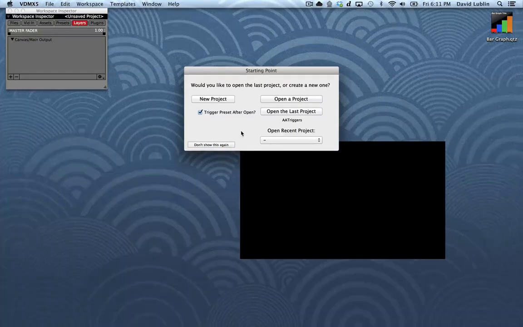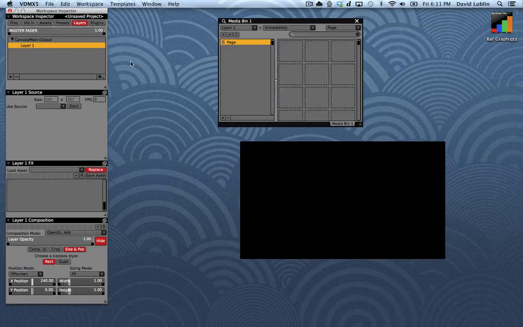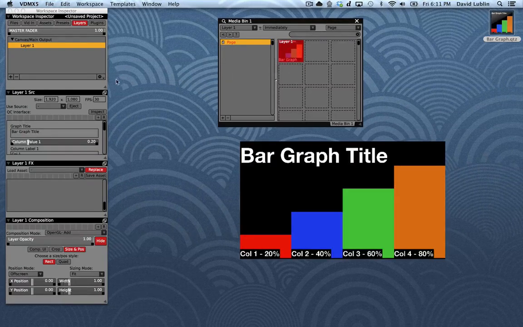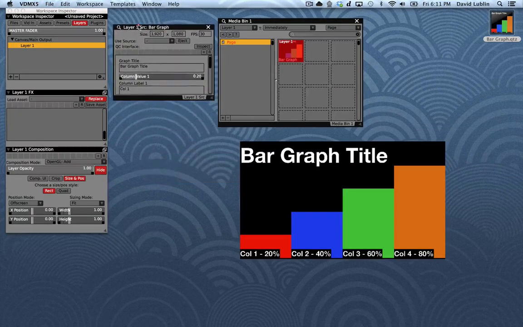This video tutorial is a follow-up to creating bar graphs using Quartz Composer and VDMX. In the first tutorial, we made a Quartz Composer patch that rendered a bar graph, and if you followed along with that, you maybe made your own. If not, maybe you downloaded ours. So the first thing I'm going to do is make a new project and load in our bar graph, trigger it onto a layer, open up the layer source controls into its own window,